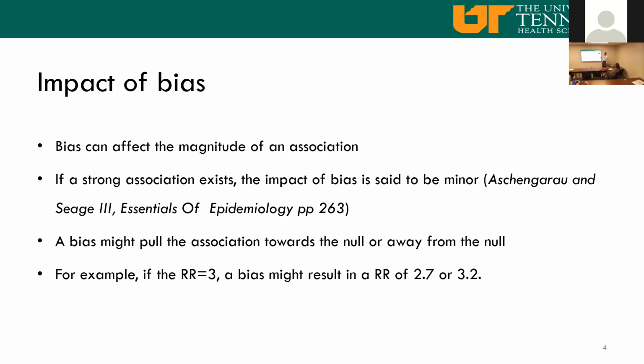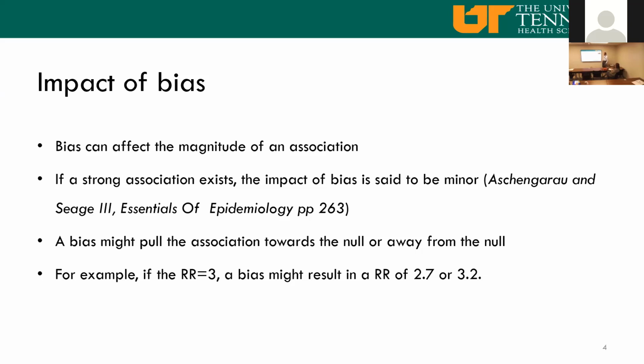If we are comparing relative risk, the null is about 1. And moving the association towards the null means the magnitude of the effect size becomes closer to 1. And when we say move away from the null, it means the magnitude increases to more than 1